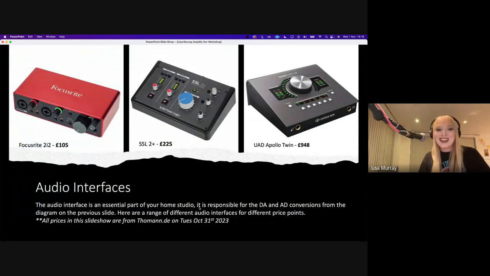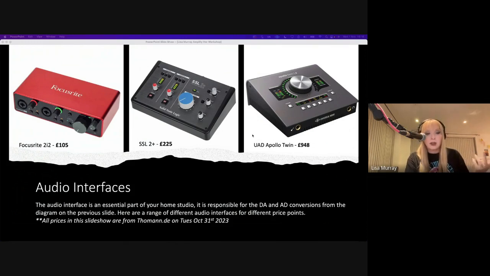So I wanted to give some options in case anybody hasn't been recording or doesn't have their own home studio setup yet. I wanted to give an overview of equipment that I would recommend, from the cheaper end of the spectrum all the way up to the higher end. So three market standards would be your Focusrite 2i2. These prices are from yesterday from Thomann. These are current prices, but from that website. They will vary a little bit depending on where you buy from.